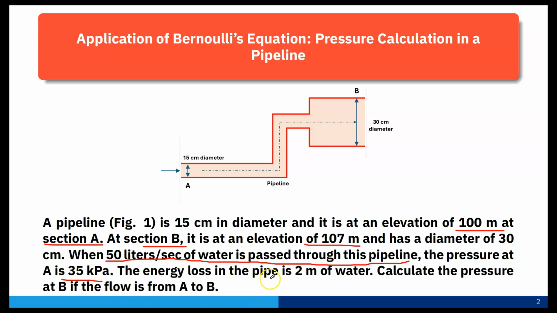The energy loss in the pipe is 2 meter of water. Calculate the pressure at B if the flow is from A to B. Now first